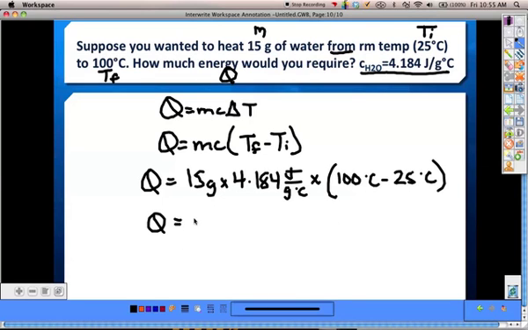So Q is equal to 15 grams times 4.184 joules over grams degrees Celsius times the value that I get when I subtract 25 from 100, which is just 75 degrees Celsius. Multiply that all through, and I get